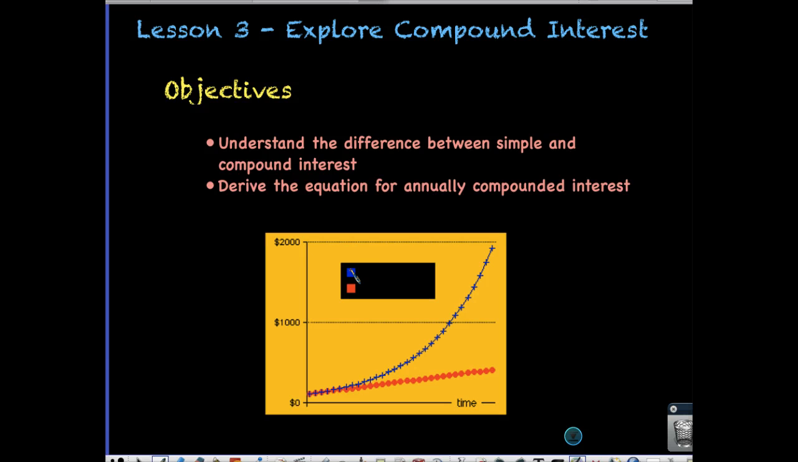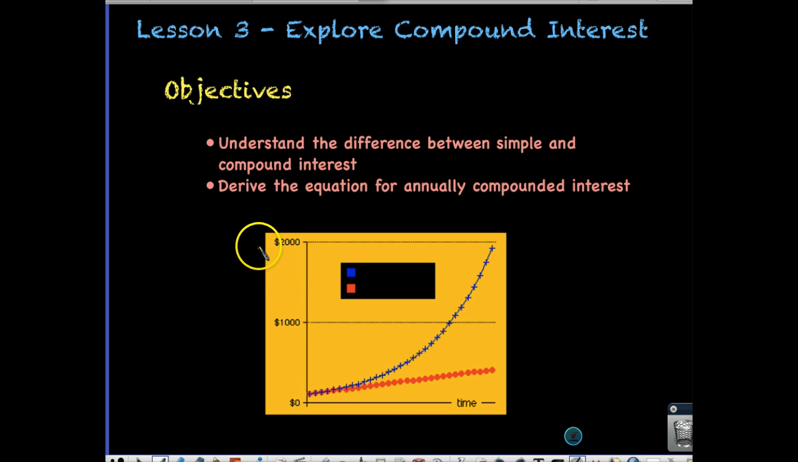Welcome to Lesson 3. In this lesson, we will be exploring compound interest by comparing it to simple interest and seeing how they grow. Our objectives are to understand the difference between simple and compound interest, as well as to derive the equation for